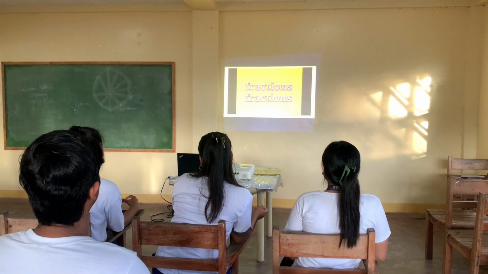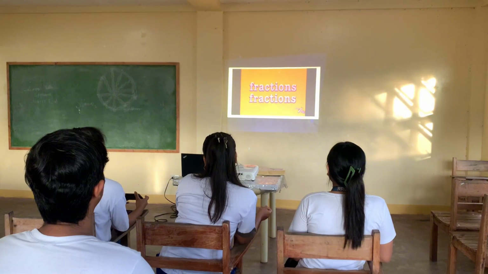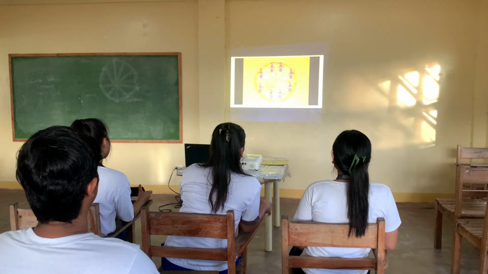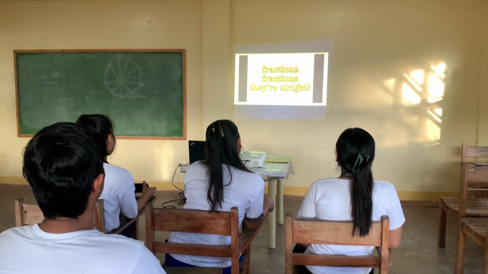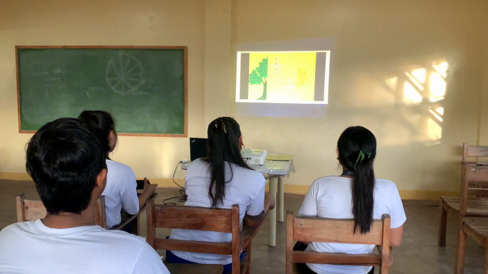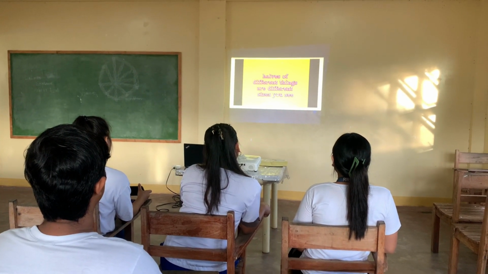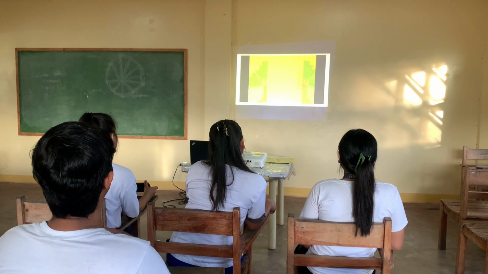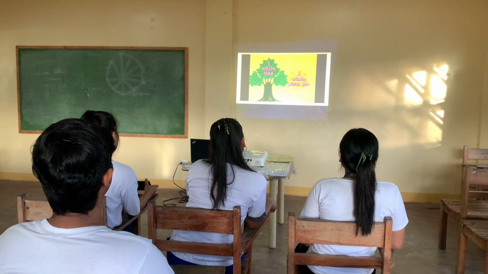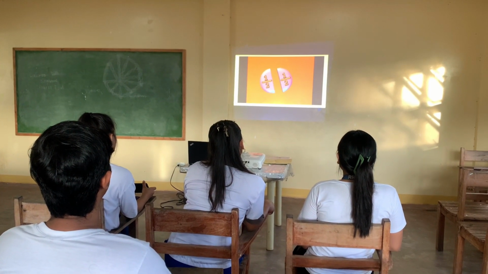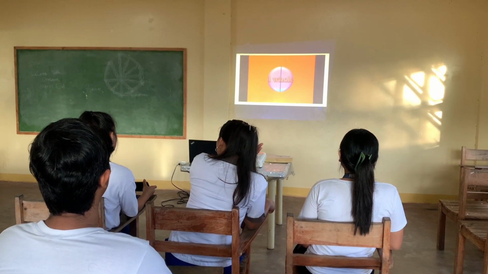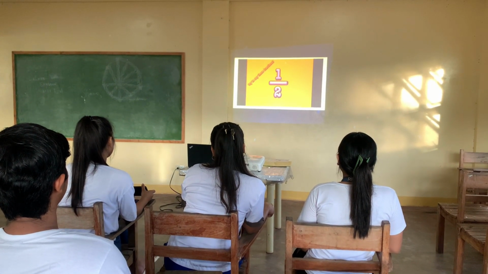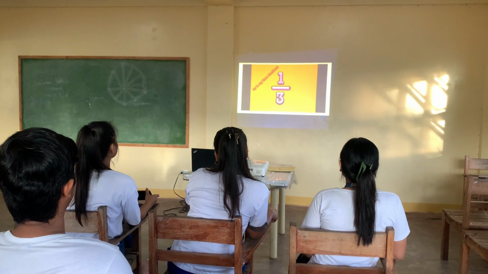Fractions, fractions, they're parts of a whole. Fractions, fractions, they're what I know. They're equal pieces, they're parts of a pie. Fractions, fractions, they're alright. Half a pie, half a tree. Halves of different things are different sizes, you see. But a half is a half, big or small. It takes two halves to make one whole. Fractions are equal-sized parts of a whole. When it comes to halves, there are two equal-sized parts that make up one whole. Now try to say these fractions. 1/2. 1/3.